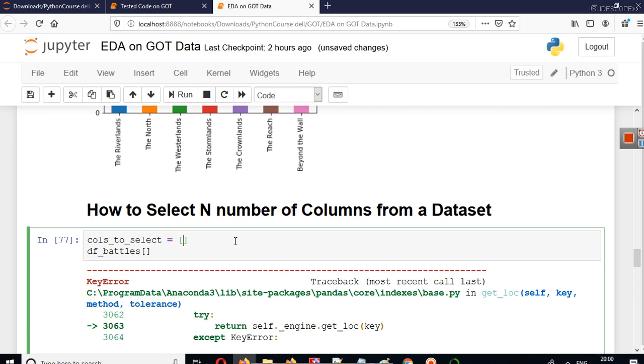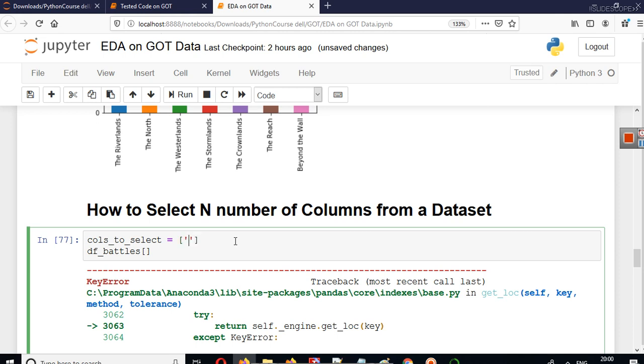A list is a collection of values that are comma separated. A list is indexed, and we create a list using a square bracket. In a list there can be any number of values, and all values are separated by commas.